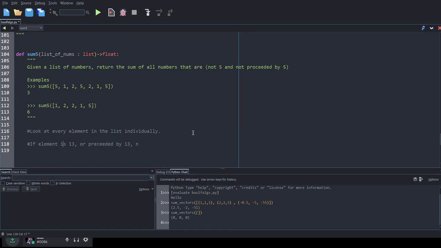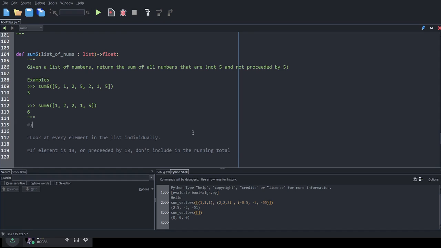If the element is 13 or preceded by 13, don't include in the running total. Hey, we mentioned running total. We have to define a running total before we even start this. So even up here, let's add another comment that says initialize a running total for the included numbers.